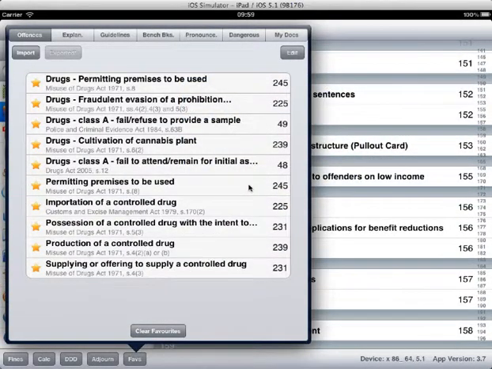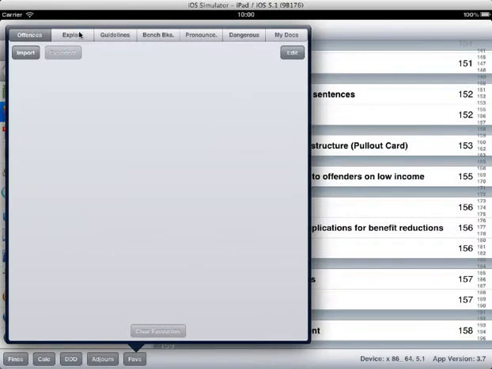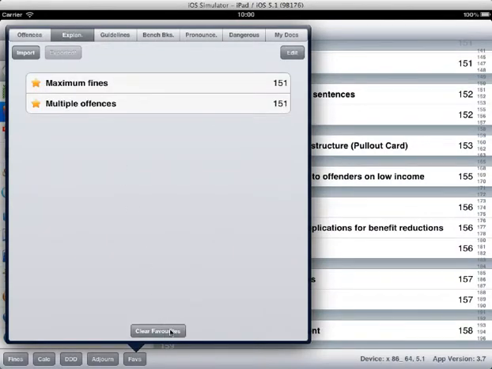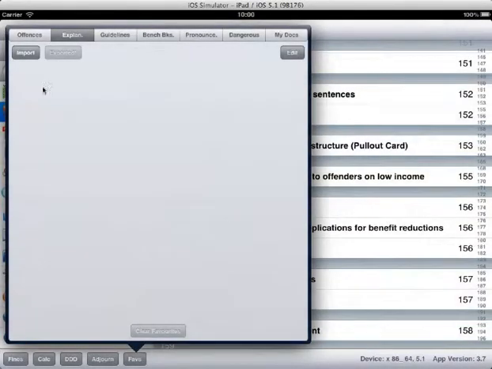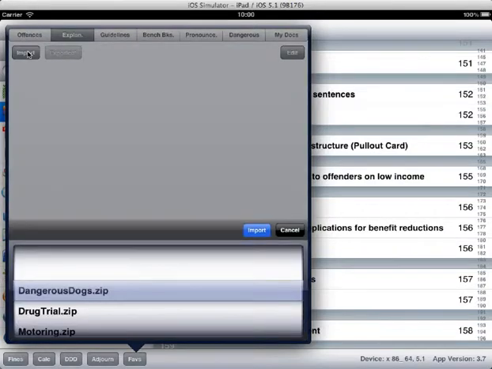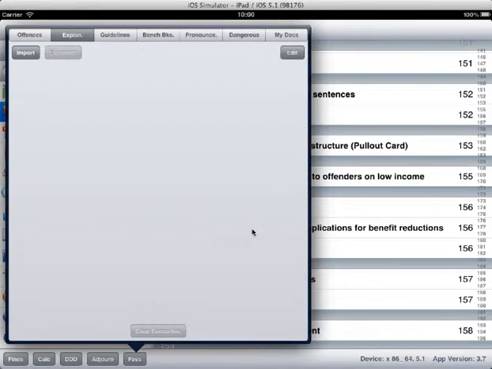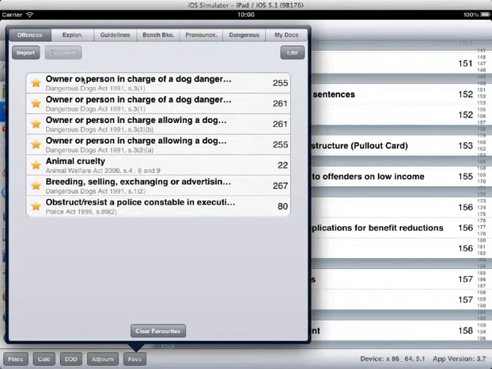type of offences. So having dealt with that particular trial, I could then clear those favourites from any of the particular tabs and then import a new set, for instance, dangerous dogs. That's given me a load of offences for dangerous dogs. I could then deal with that particular trial,